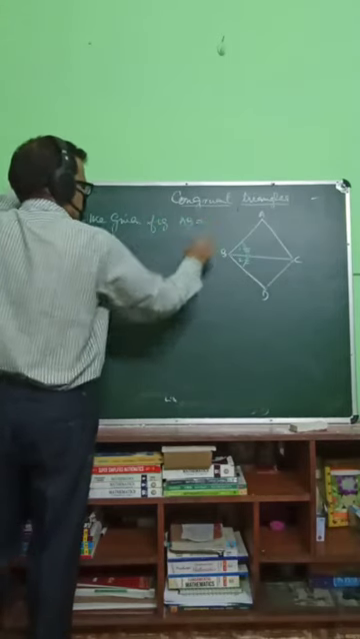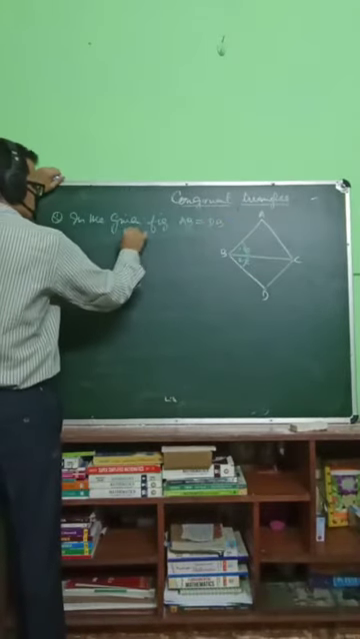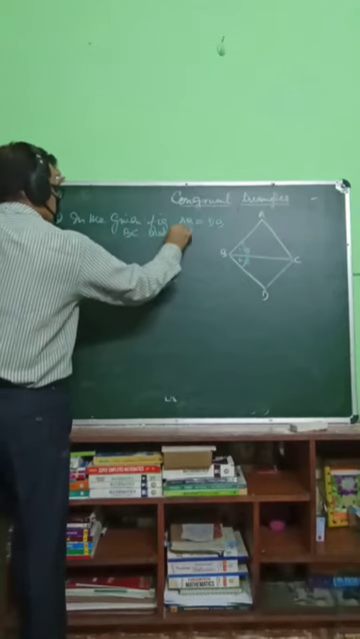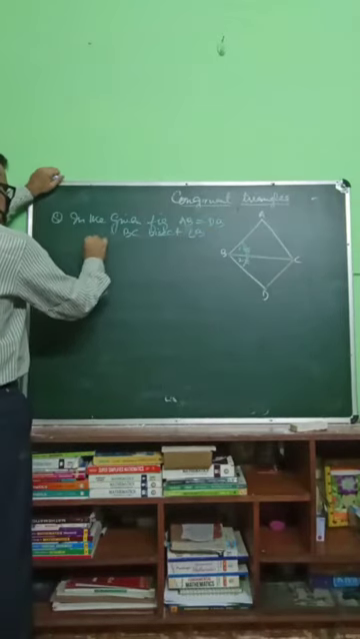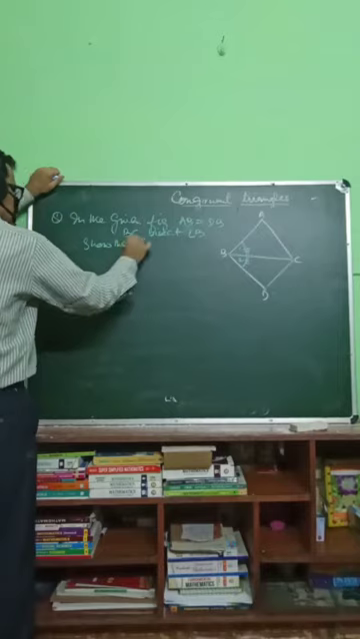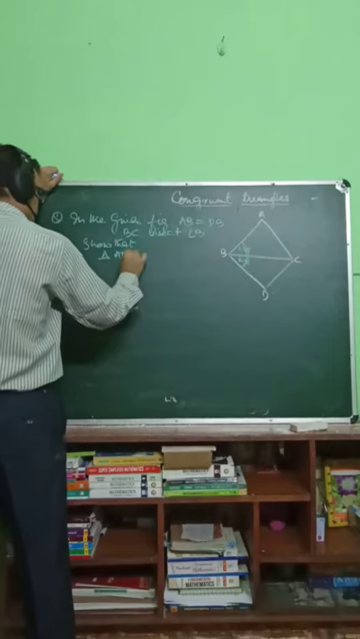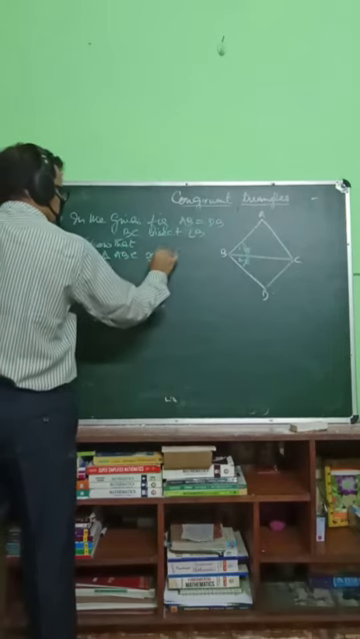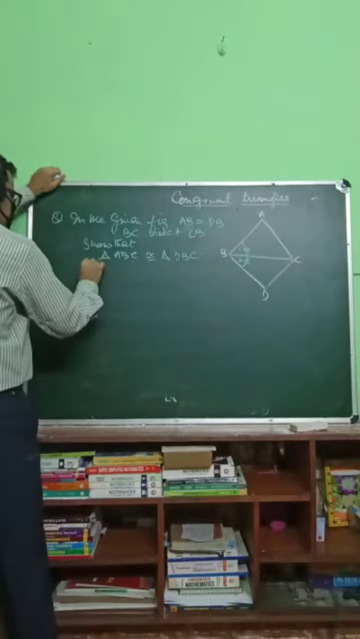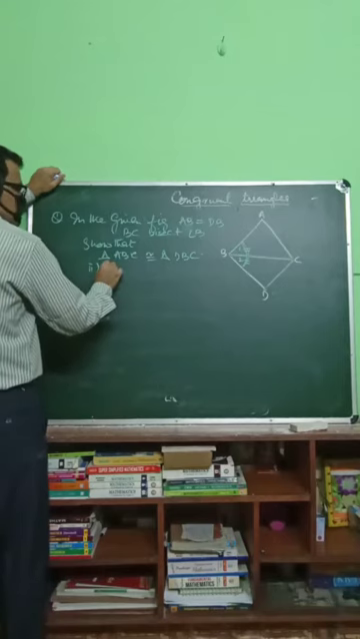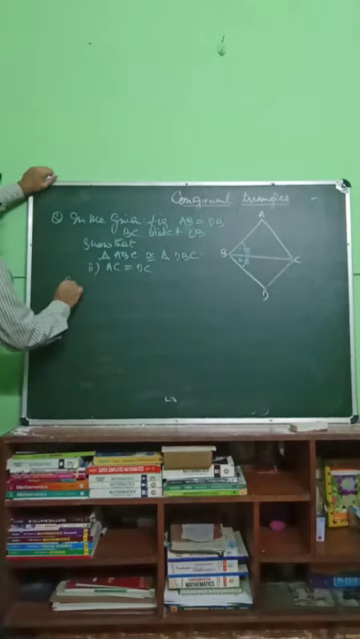So question is, in the given figure, AB is equal to DB, BC bisects angle B. Show that triangle ABC is congruent to triangle DBC. Second one, AC is equal to DC. So solution,